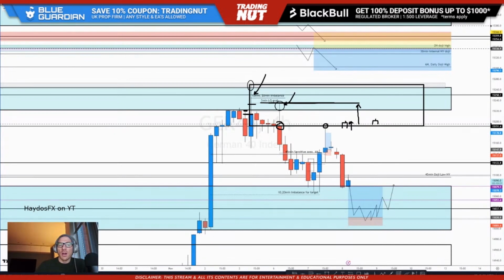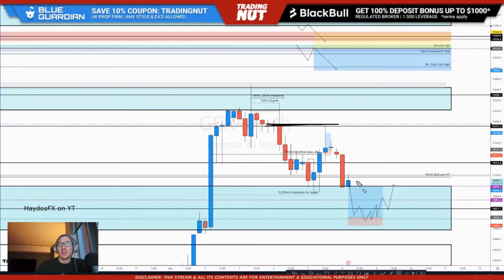And can you see why that line was drawn? It wasn't just random chance that we put an alert there to see if it's rejecting. If it's closing above there, there's a good chance we continue upwards, especially if we've grabbed liquidity from down here. And the idea was on